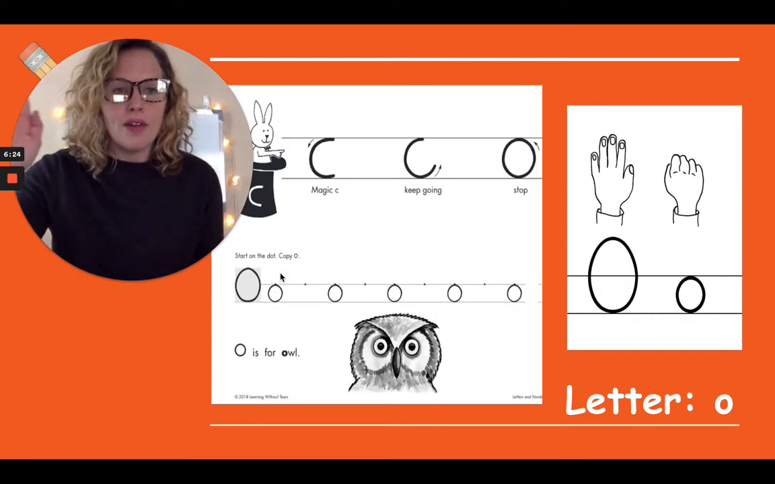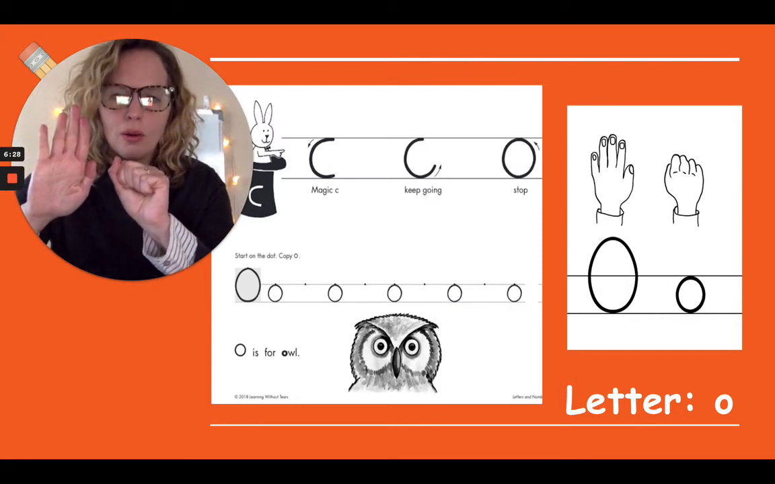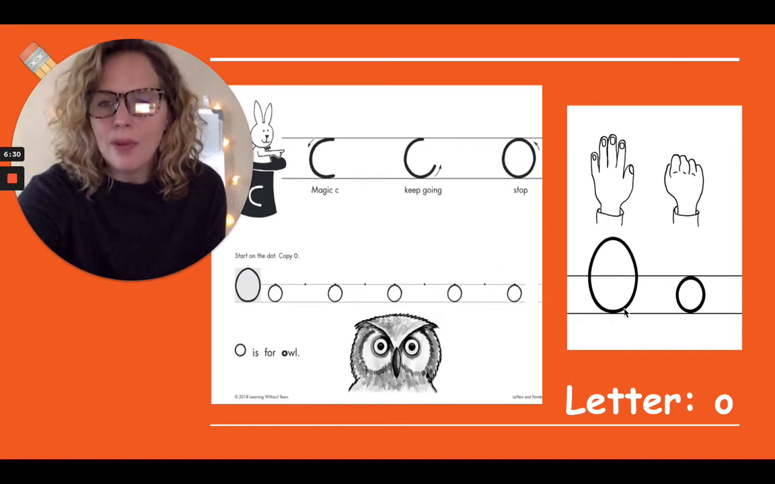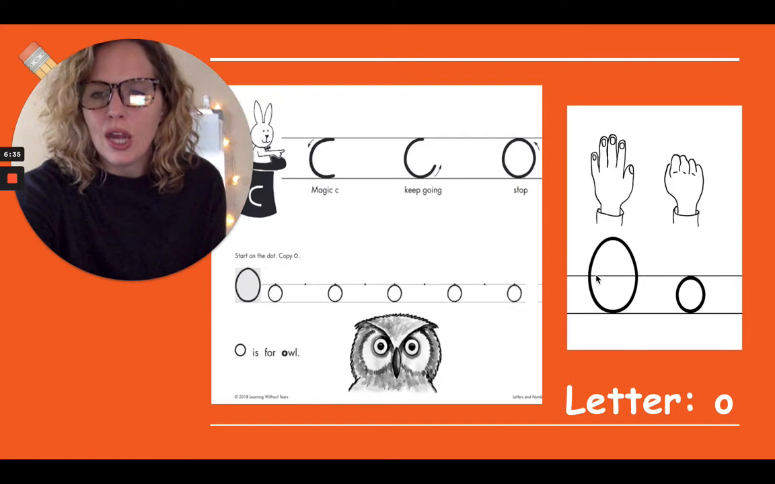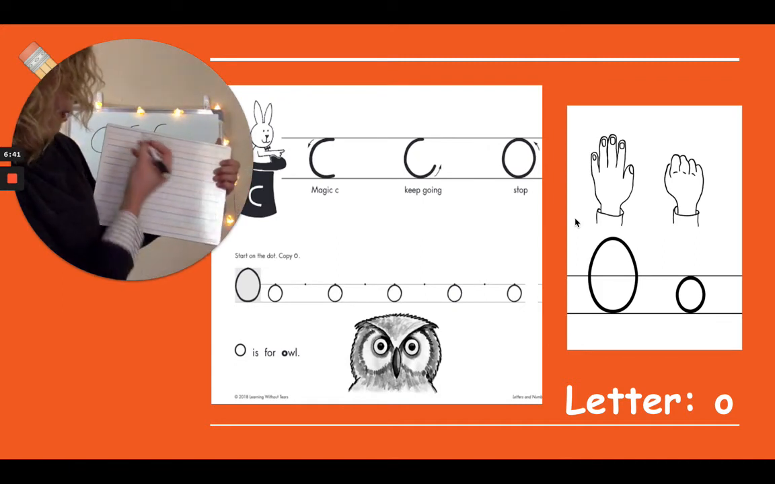So right here we have our capital and our lowercase is just a smaller one. So here's our capital and here's our lowercase in between the lines. Our capital O is a bigger O that goes above the lines. So let's practice our uppercase,